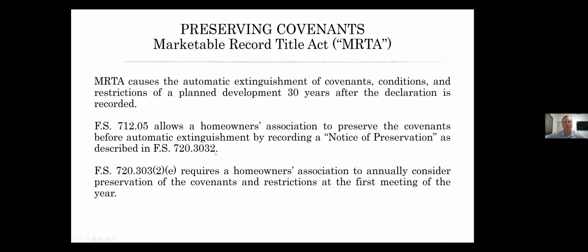It's a pretty easy process if you're under 30 years. If you go over 30 years and your documents have expired, it's a cumbersome process that requires approval from the members. So you want to make sure that you don't let 30 years expire.